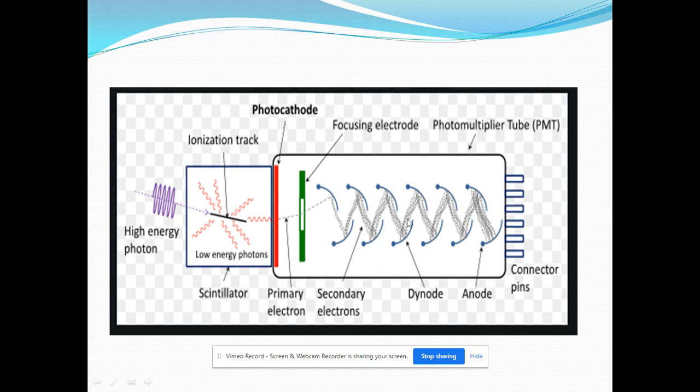That means the electron gets multiplied by 5. So electrons get multiplied in the evacuated glass tube. Finally, all the electrons are collected at the anode. From the anode, electrical current enters the external circuit. A newly formed electron is known as a secondary electron, and this process is known as secondary emission. This is all about the photomultiplier tube.